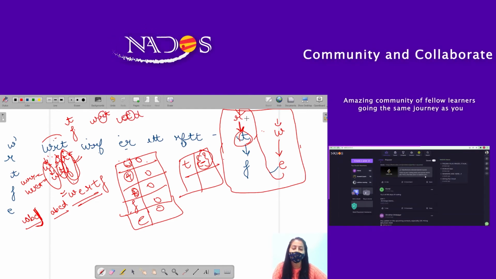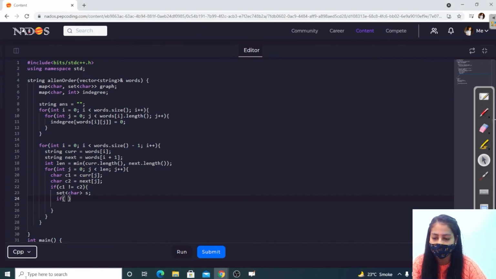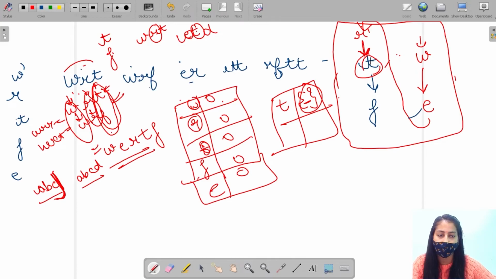Then it may be possible that R is already present in the graph, right? So we have to check this, that if C1 is already present in the graph, then its neighbors would also be present in the map, right?